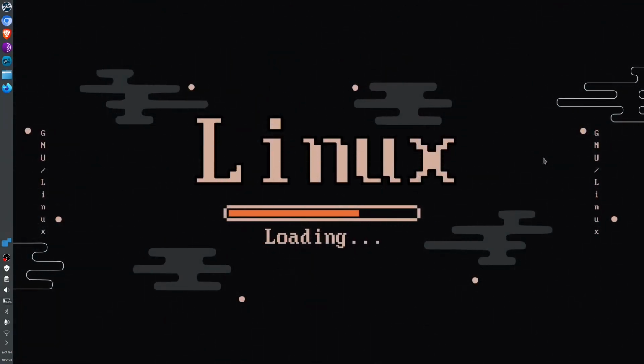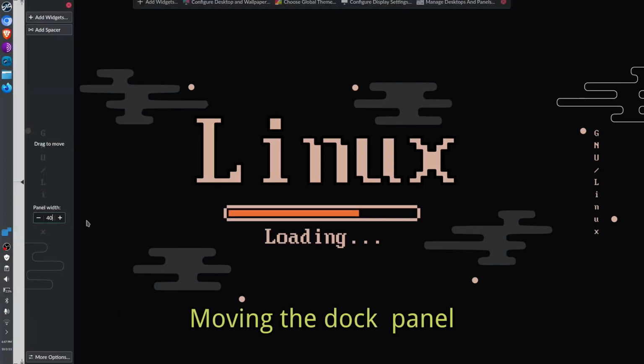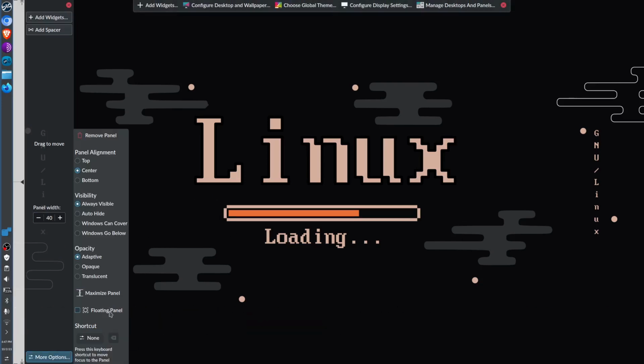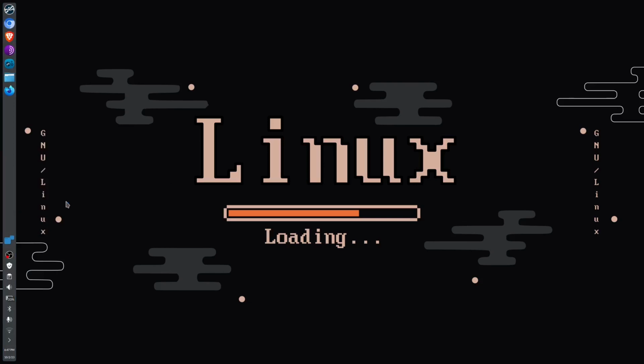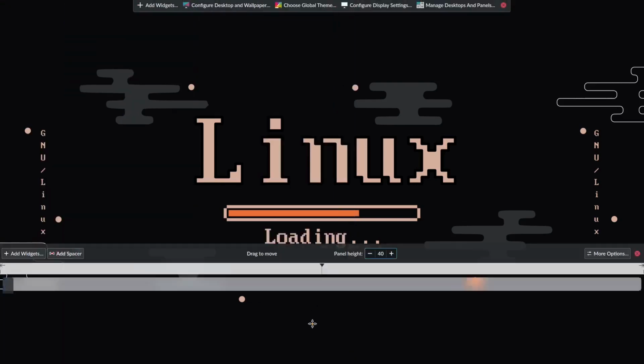That's how a GNU Linux operating system works in 2023. It's so easy, right? And of course, I want to demonstrate this one. Let me edit this one first and then go to the floating panel so that you will see that it is floating. Now you can see it is floating right now, but at the same time you could drag this one to the bottom,